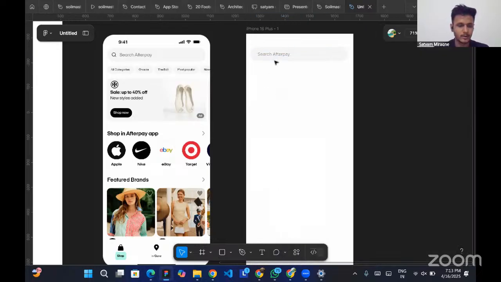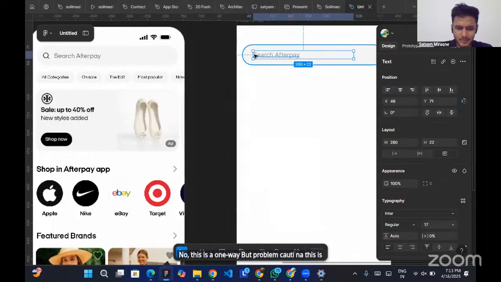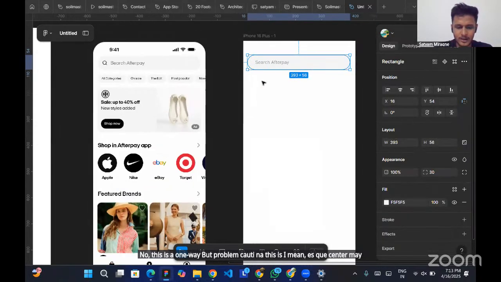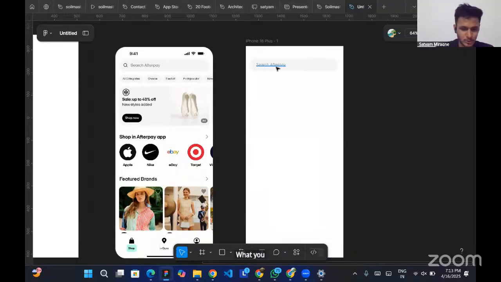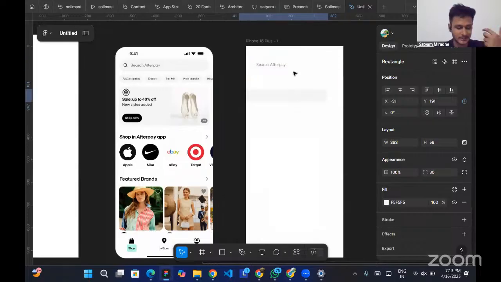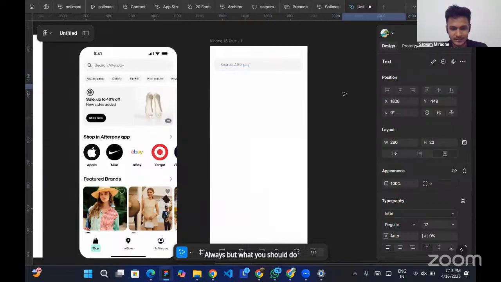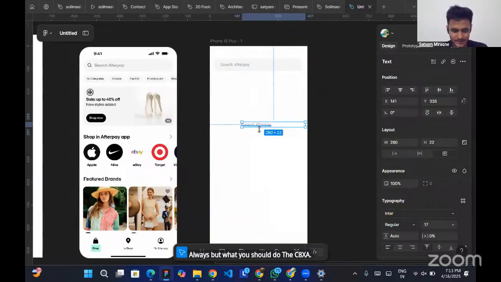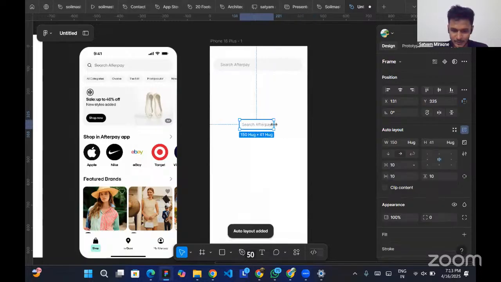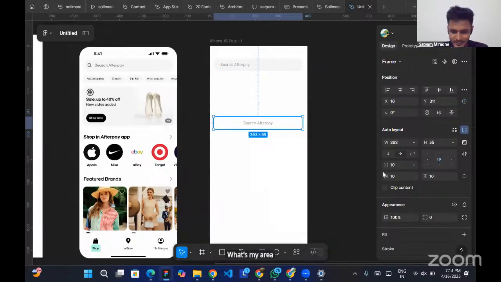ओके, नाउ दिस इज अ वन वे, बट प्रॉब्लम क्या होती है ना, हमें नहीं पता कि ये इसके सेंटर में है क्या, यहाँ से उसकी एकदम एग्जैक्ट है क्या। आइडली वट यू शुड डू, कभी भी हमें किसी कंपोनेंट के अंदर टेक्स्ट लिखना है, कभी भी ऐसा नहीं करना कि हमने ये पहले बनाया उसके अंदर टेक्स्ट को पेस्ट किया। ऑलवेज, जैसे ये टेक्स्ट है, समझो मैंने टाइप किया हुआ है टेक्स्ट। ओके, ये टेक्स्ट टाइप किया, शिफ्ट प्लस ए दबाना, बेसिकली हमने इसको ऑटो लेआउट किया। अब मैं इसको स्ट्रेच करूंगा, जितना एरिया है उतना। अब मेरे को ये चीज एकदम लेफ्ट में चाहिए, मैं इस टेक्स्ट को लेफ्ट में करूंगा।